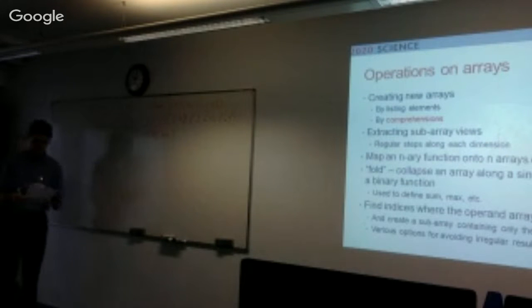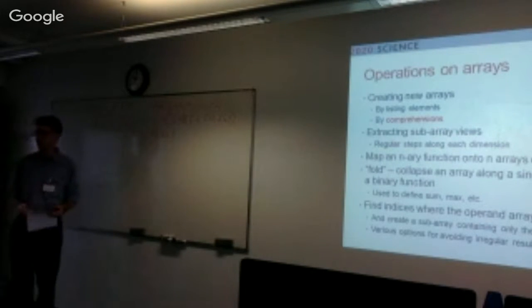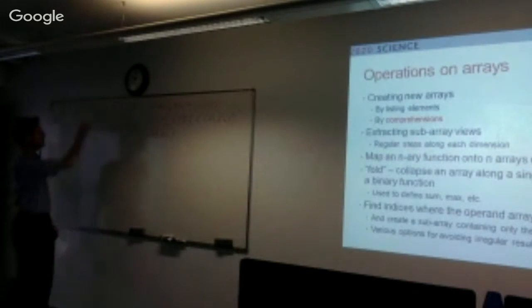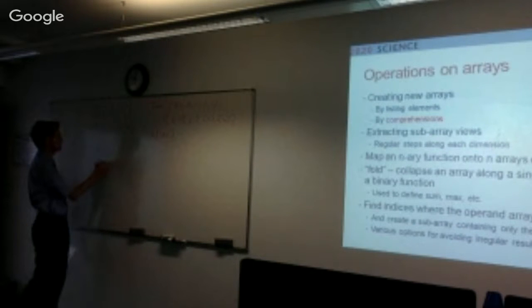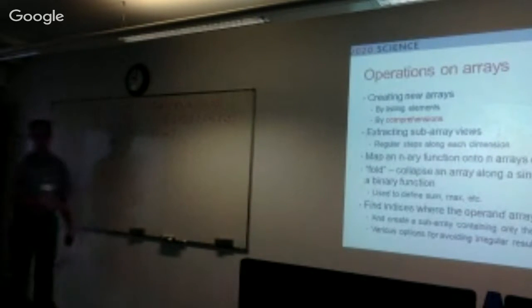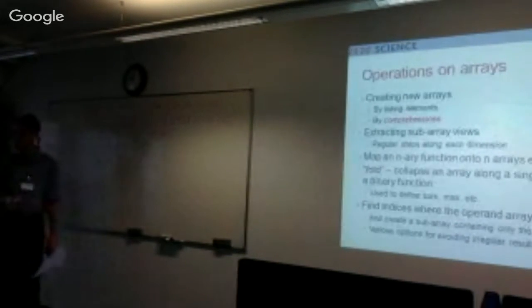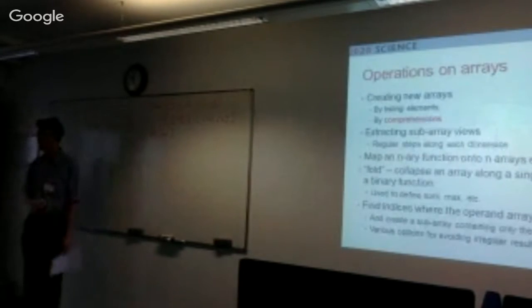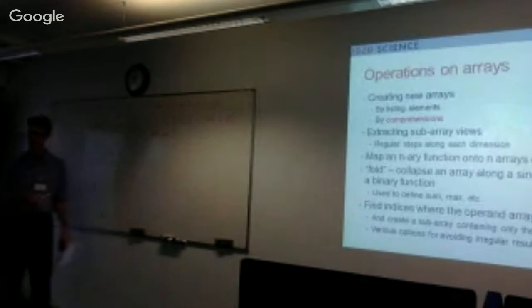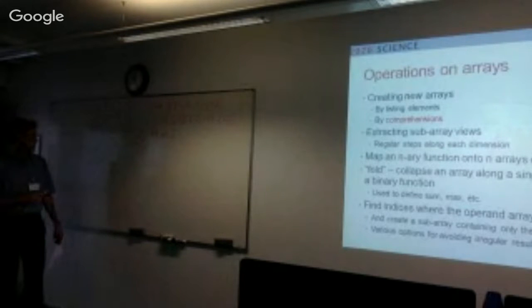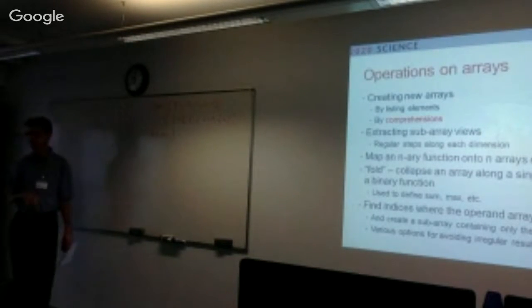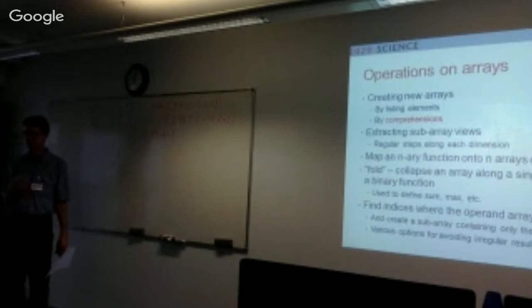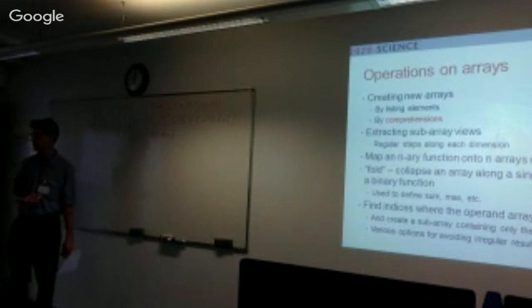If I say, take just the odd entries of this array, what I would get out at the end is 1, 3, 5, 7, 9, 11, 13. And that's not a regular array anymore, so that's not allowed. I'm going to get an error if I just try and index with those positions. So I've got to decide how I make this mess into something that's regular, either 2 by 3 or